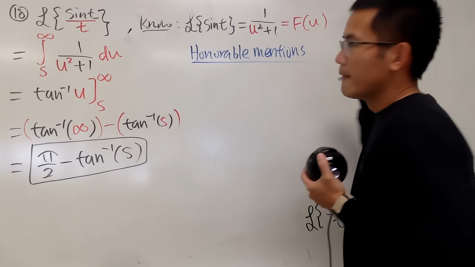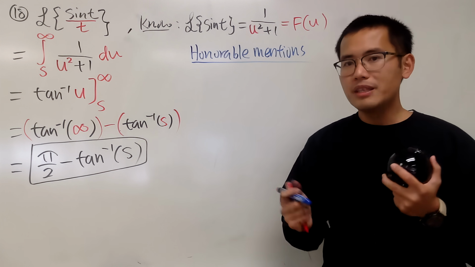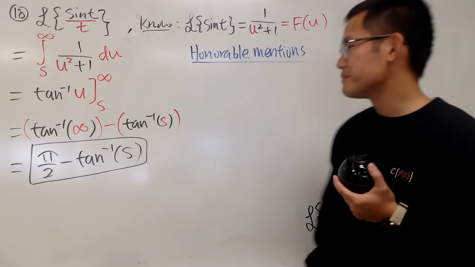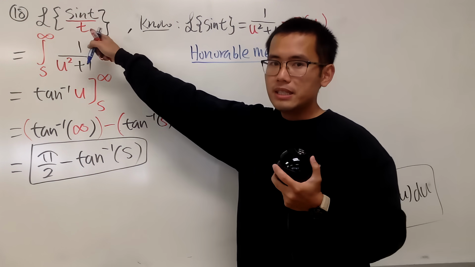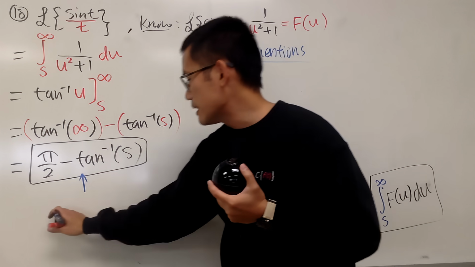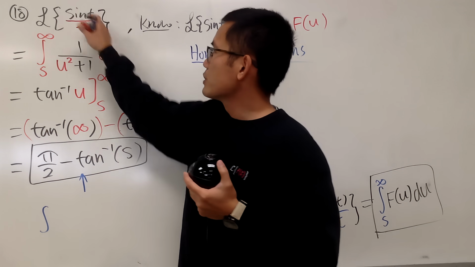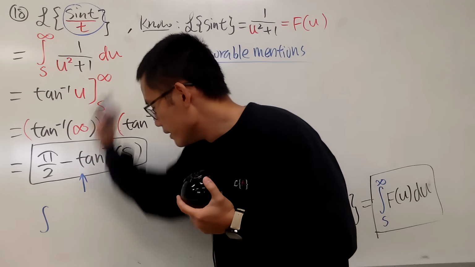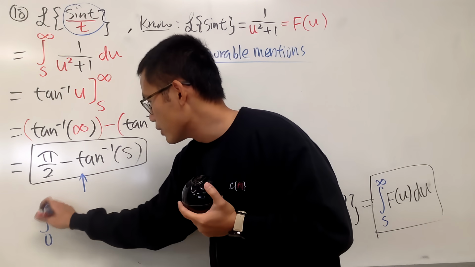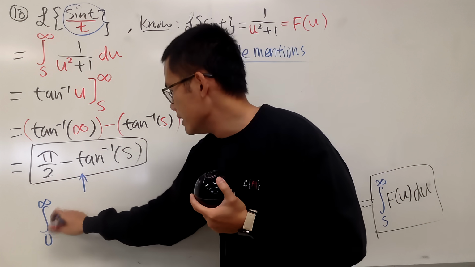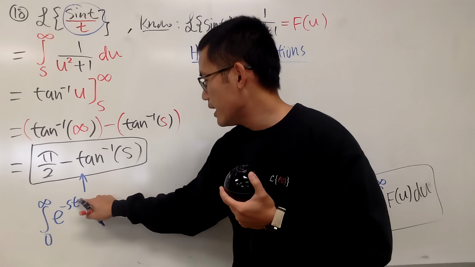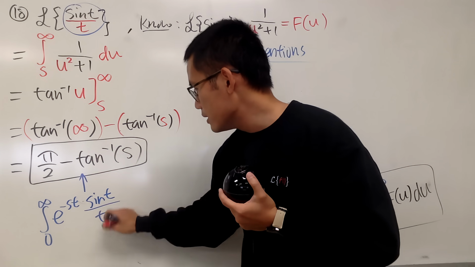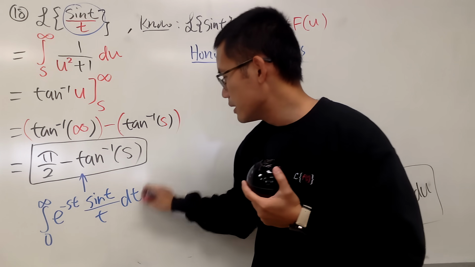Right? When you have that, you can actually end up with some very nice integrals. Let me show you. Remember, what's this? This right here is the same as saying integrating, and just look at the whole thing inside as your function. This represents the integral going from 0 to infinity, and we write down e to the negative st, and we have sine t over t dt, like this,